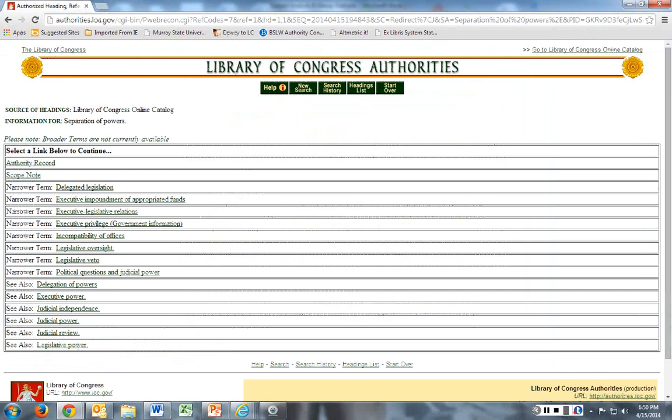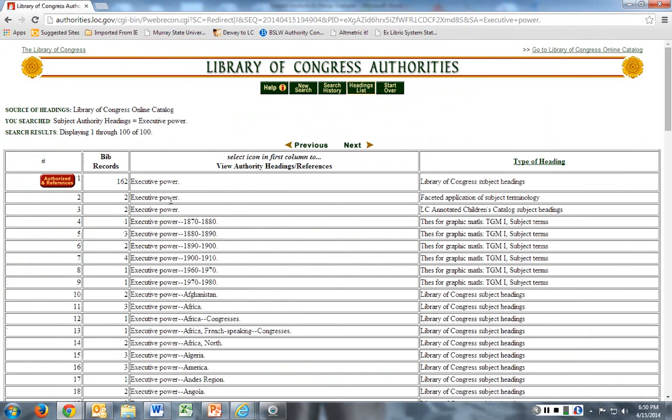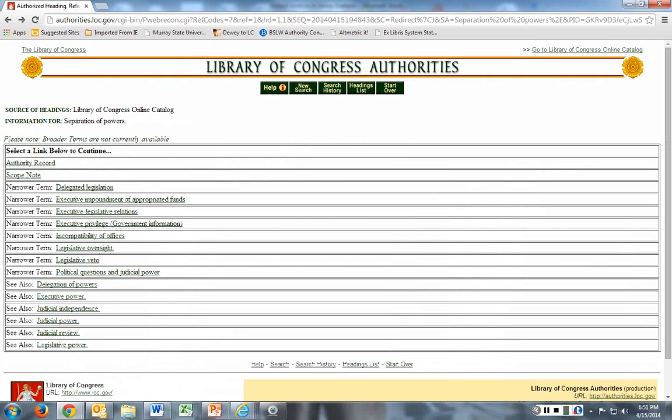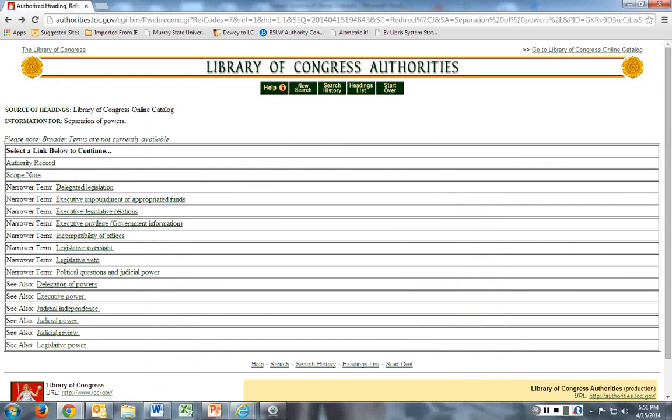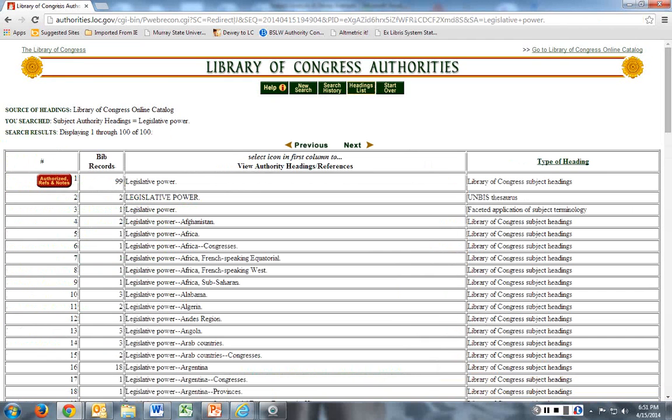Let's see. And yeah, they're all going to be children's. I can check that. Just put them in there first. Judicial power, it's a children's, and legislative power. And